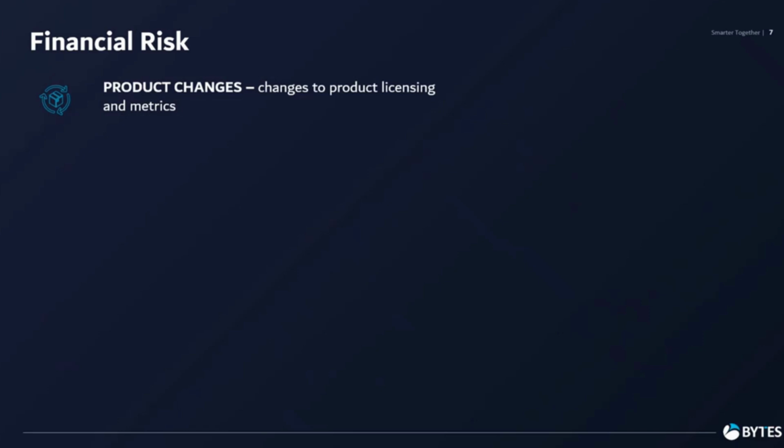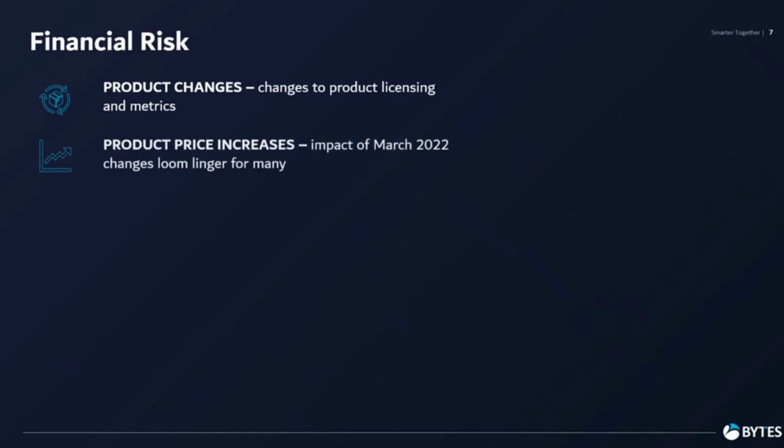So Microsoft changing a particular product, maybe changing the edition of how something is licensed, maybe turning it from a suite into individual applications, such as with Dynamics back in 2019. That can have a significant effect. Product price increases, again, something largely outside of our control. But if we look at March 2022, that was the first major Office 365 price increase globally, I believe, since the product was first introduced back in its early days of BPOS, or business productivity, as it's referred to back then.